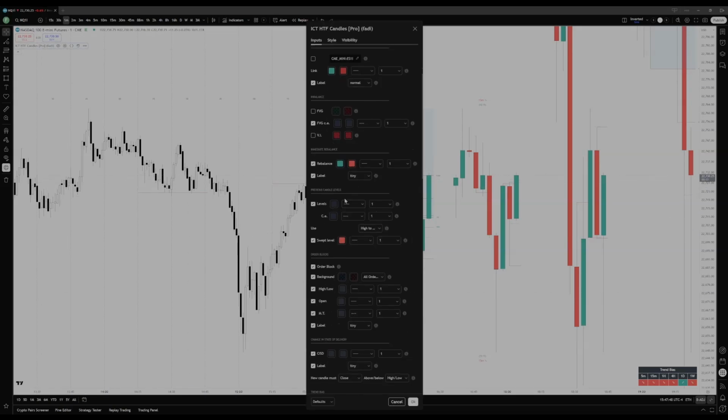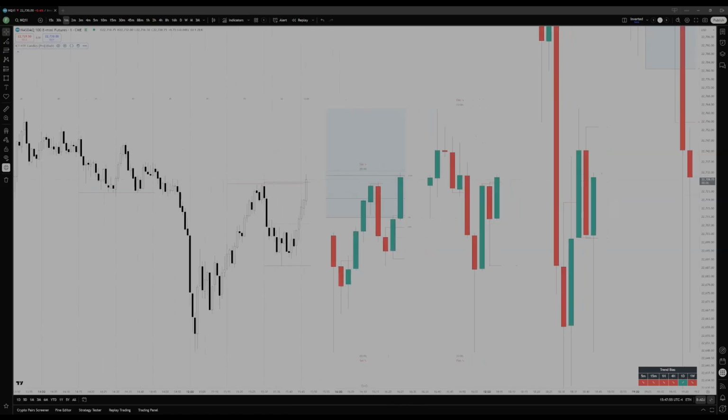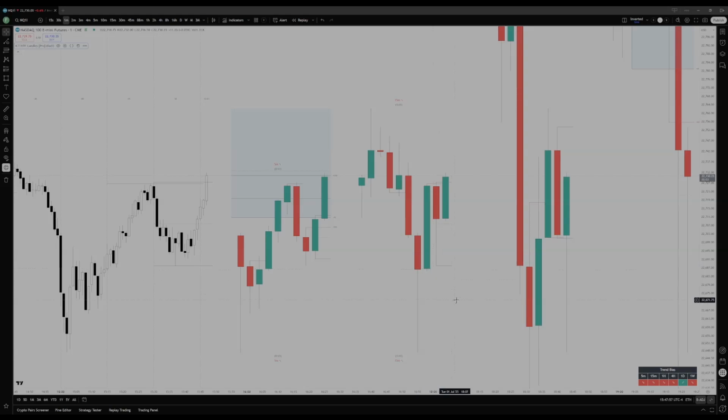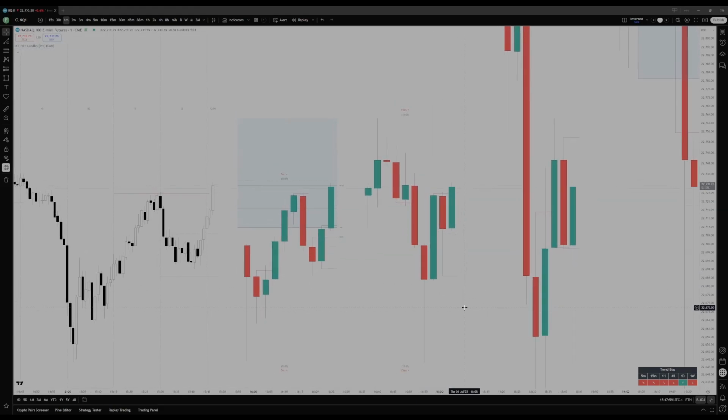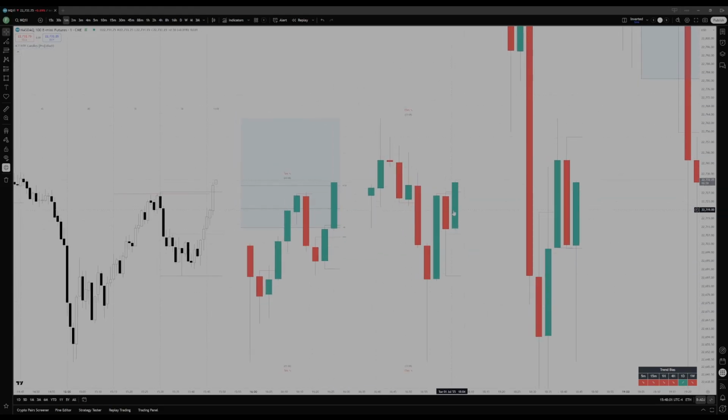The next section is previous candle levels. Now, previous candle levels is based on the previous candle from the current live candle. So for example, right here, the 15-minute, this is the current live candle. And you can see what the price is doing right here. It's moving higher and lower. And the previous candle, there's the high for it, both on the higher candle and the current chart,